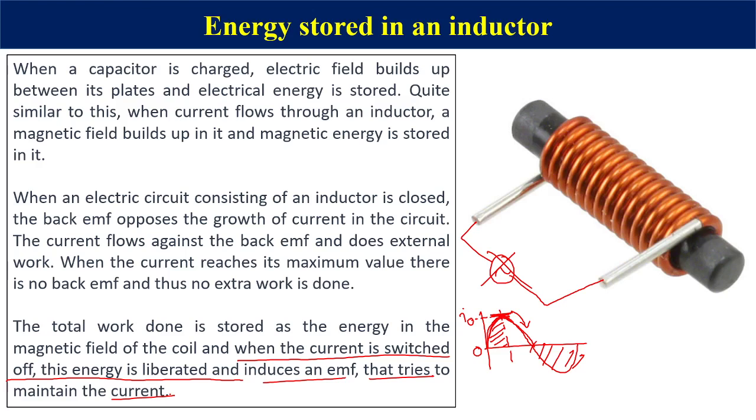So it will change its direction, and the induced current will also flow in the direction of the original current. That is something we already know, but this is not our concern right at this moment. For this moment we will try to understand what amount of work is to be done to reach the maximum current I naught from 0.